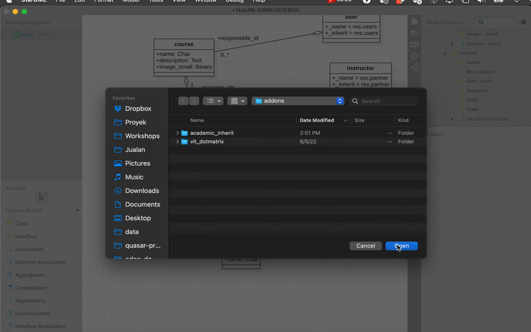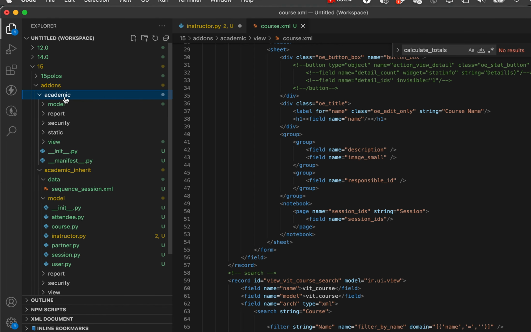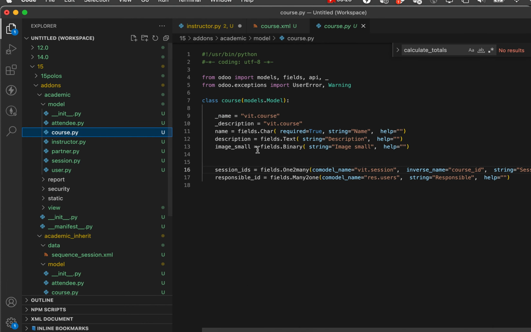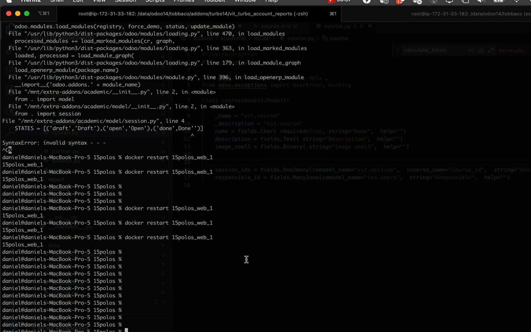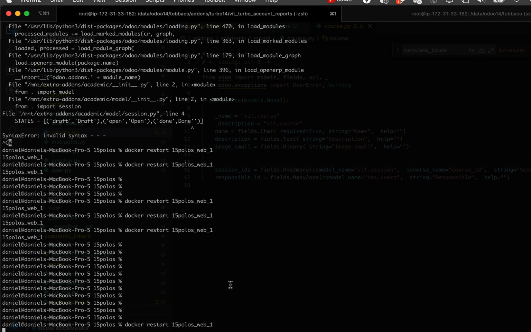So we regenerate. Okay, let's see. Under the course, we will have the image field already with type binary, and then we have to restart our server. I'm using Docker, so